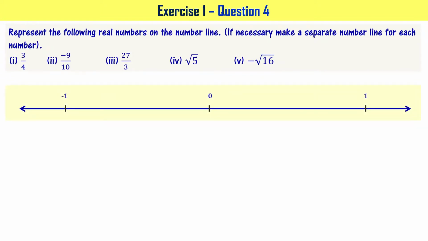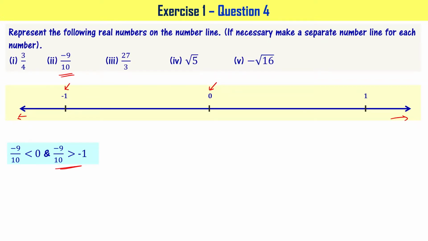Look at the number line as shown here. Now I have only taken minus 1, 0 and 1. One can have 2 on the right side, on the left side you can have minus 2, and so on, right? Look at this, minus 9 by 10. It is smaller than 0, right? At the same time, it is greater than minus 1 because it is greater than minus 10 by 10. Got it? For that reason, now I can say that the point we are going to mark on the number line is going to be in between 0 and minus 1, right?